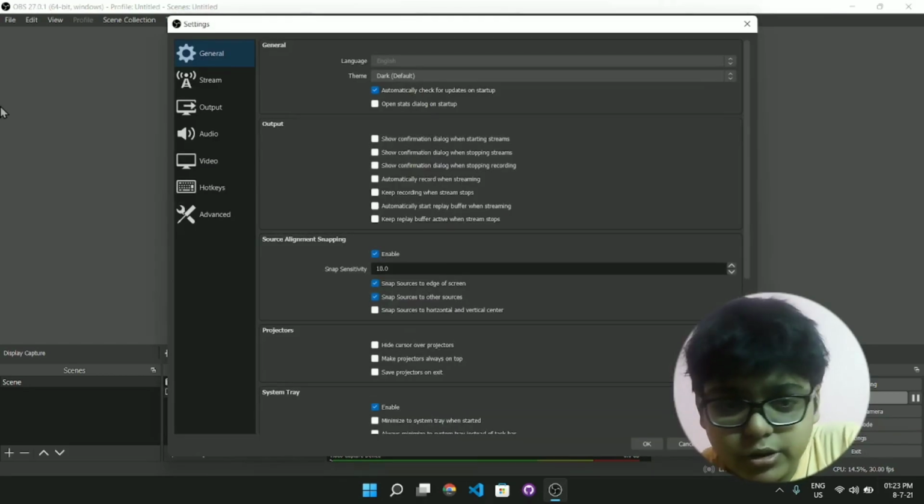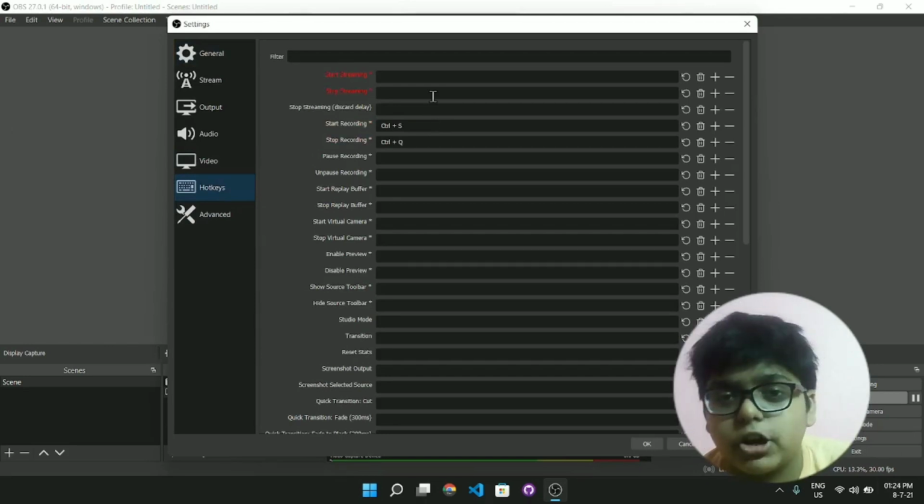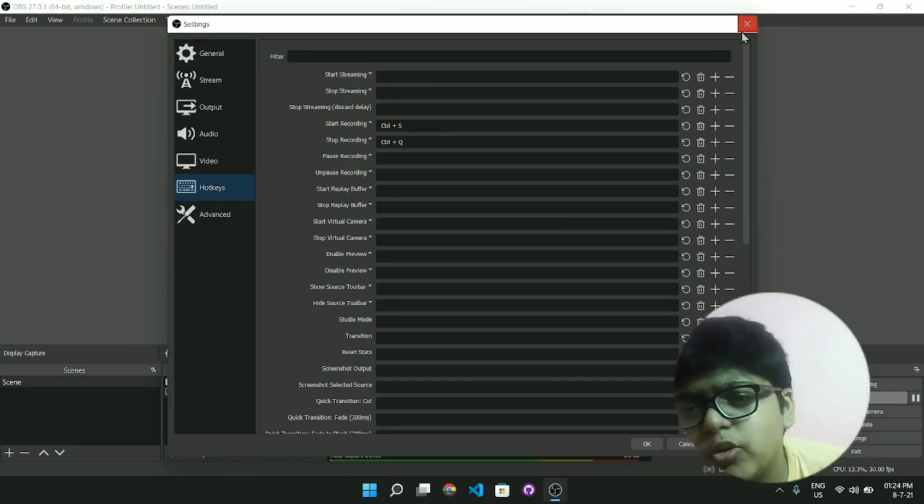And there are the shortcuts. You might think that I just click on this and edit the video and cut this, but no, I use the shortcut keys, which are given by default, but you can customize them. Go to the settings, then go to the hotkeys, and then you can set start recording, stop recording, and other things. I only need 2 of these.